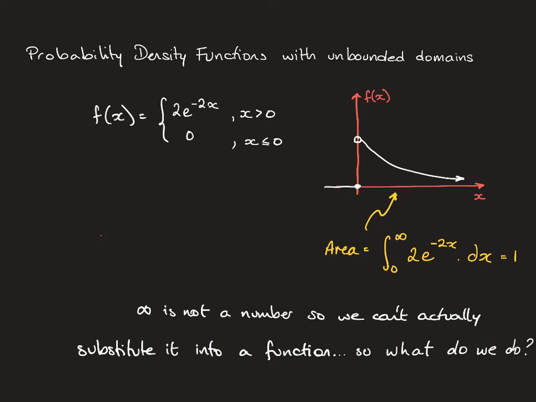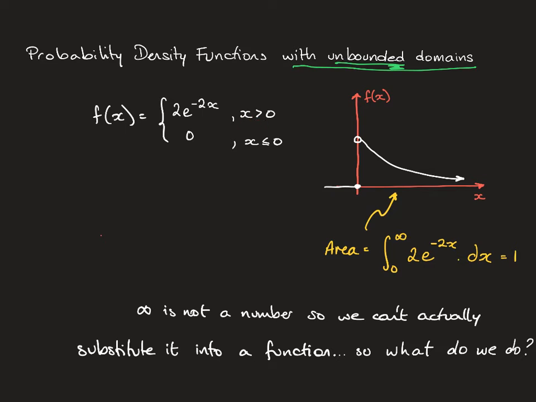In this video, we're going to look at a particular type of probability density function, one with what we call an unbounded domain. Unbounded, that's not a mistake. You don't call it unbound, you call it unbounded. Bit weird, I know. But I'm talking about the sorts of probability distribution functions like some of the exponential functions,